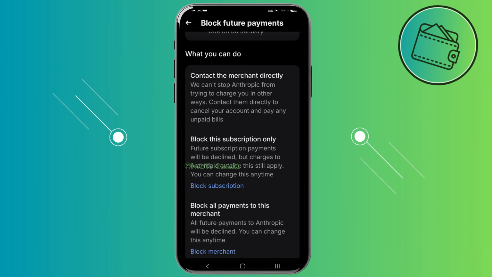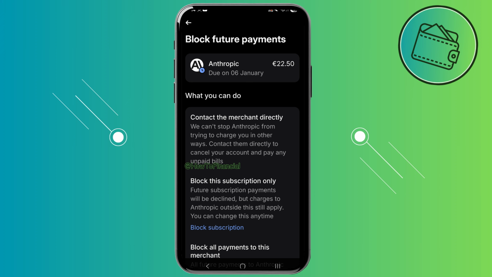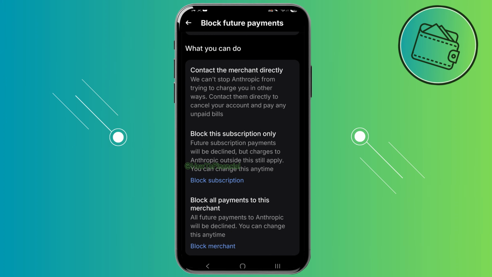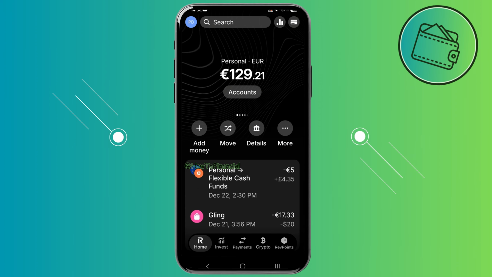Then you would need to just tap block subscription right here, or you can even block the merchant. But if you have any other subscriptions with this merchant, then all of those subscriptions or recurring payments will also be blocked. So if you only want to block this specific payment, then just tap on block subscription right here, and then just go ahead and confirm this. And from now on, that recurring payment will be